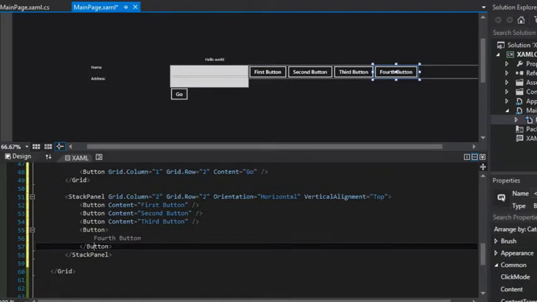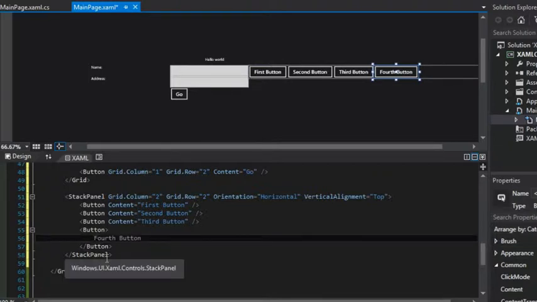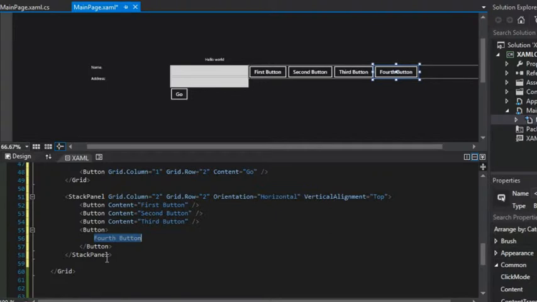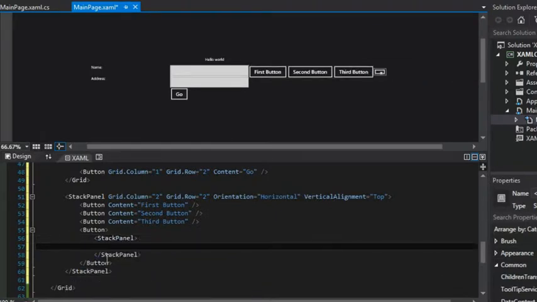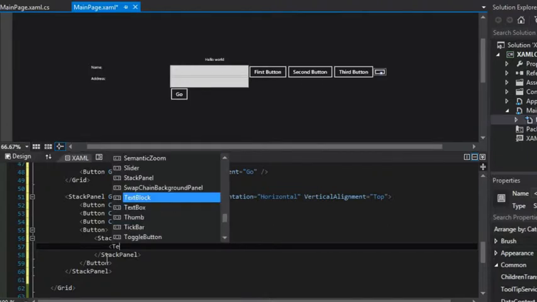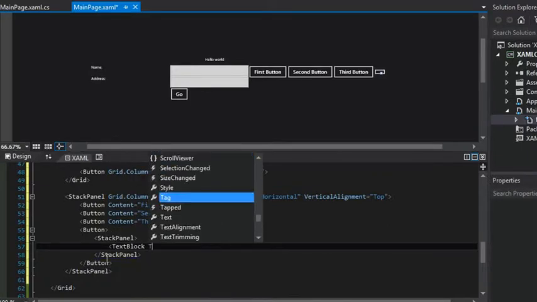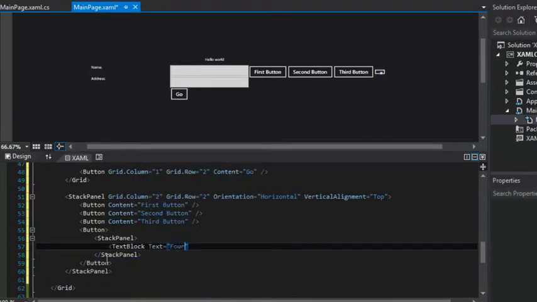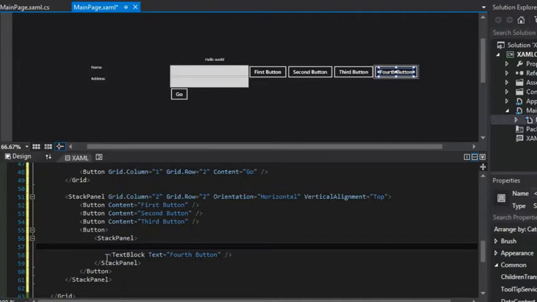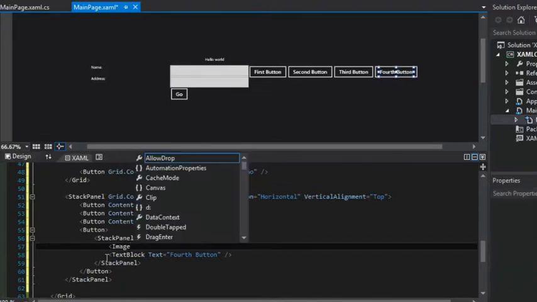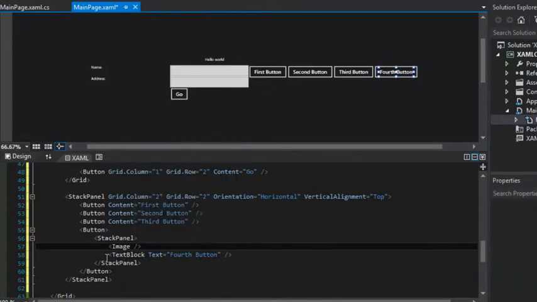Now we can have a little bit of fun and style this up. If you recall, if it has a content property, then we can put a stack panel in there, right? And then we can also put our text block inside of there with our text equals fourth button. And you might say, well, that's not much of an improvement. It looks about the same. Yeah, but now that we have a stack panel, we could add an image,